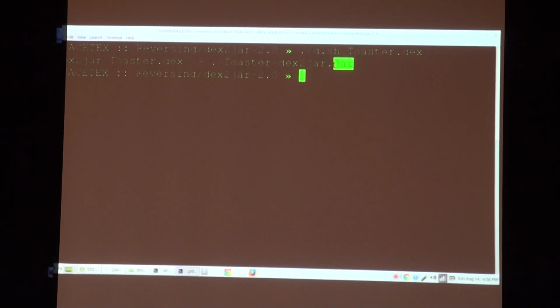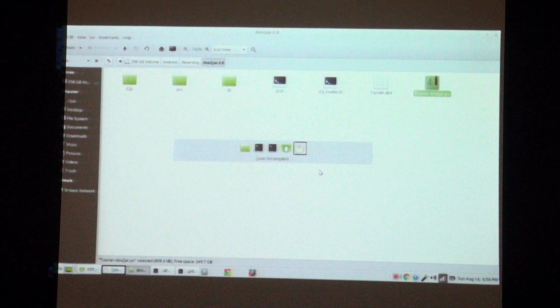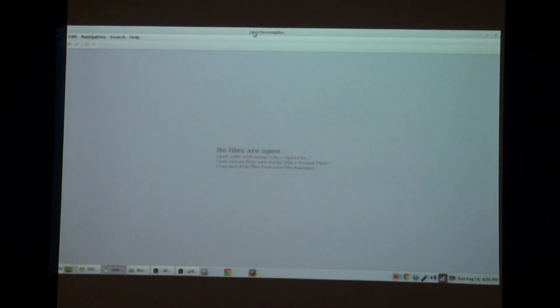Now since we have the .jar file, it's pretty much easy from now, because what we need is a Java decompiler that can build this Java archive. Now I'm using this Java decompiler called JD-GUI. I've dropped the links in this slide, so you can check it out later. There are a couple of other Java decompilers as well.